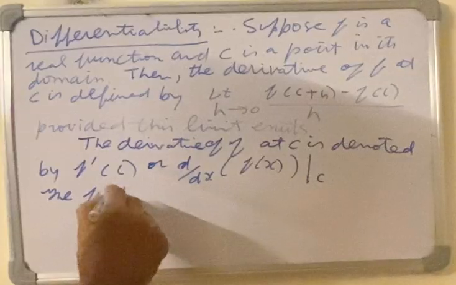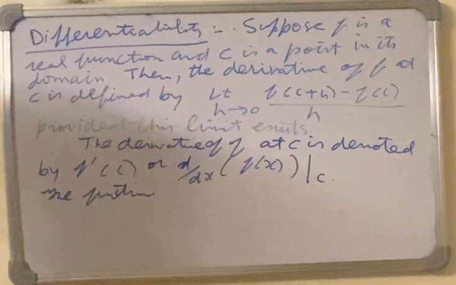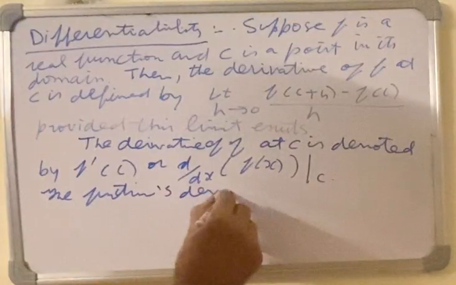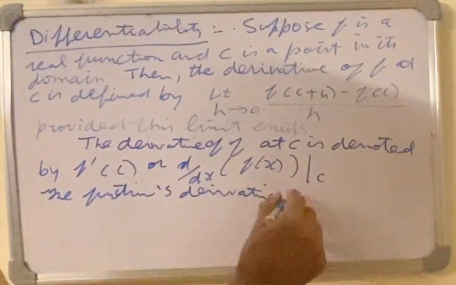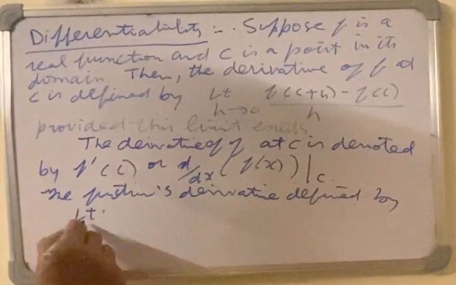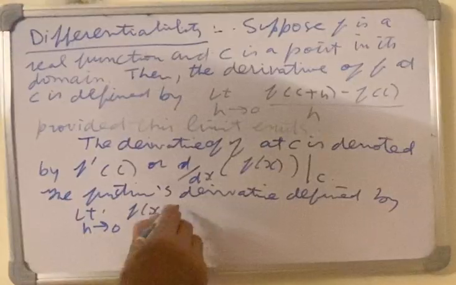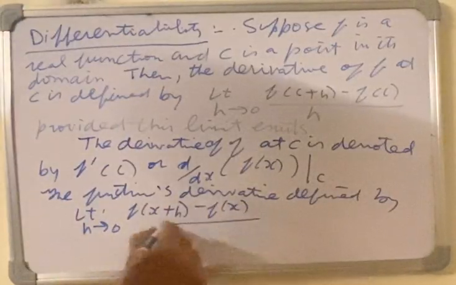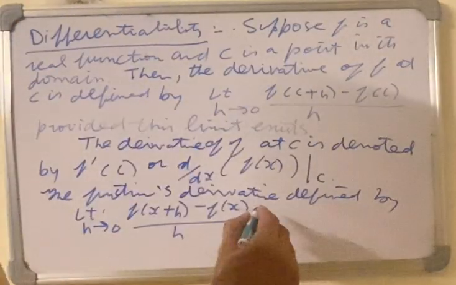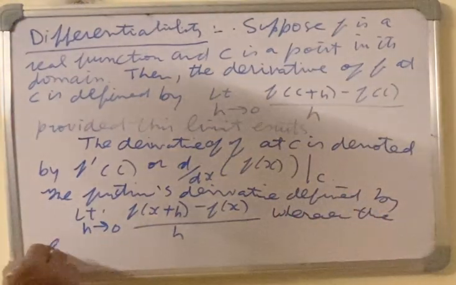The function defined by limit h approaches 0, f(x plus h) minus f(x) over h, whenever the limit exists,